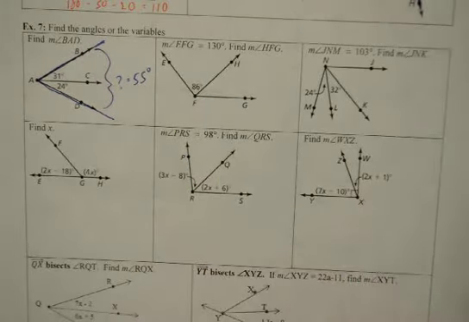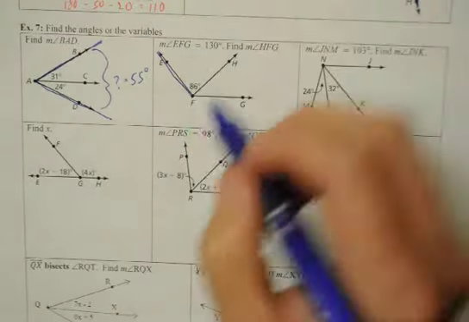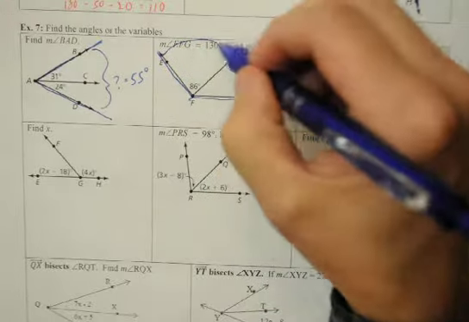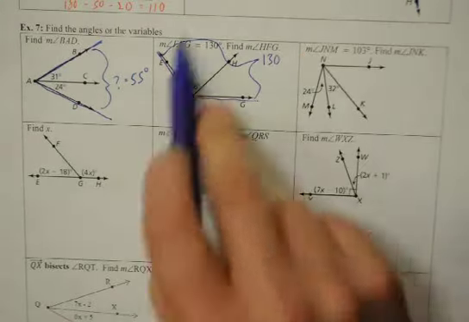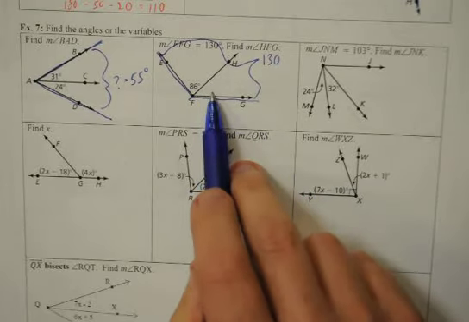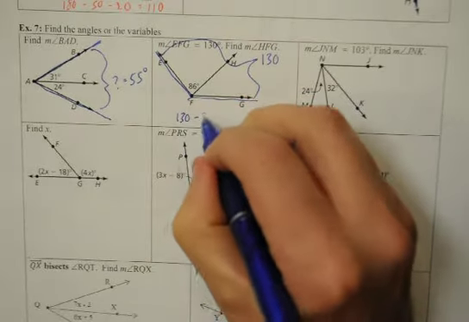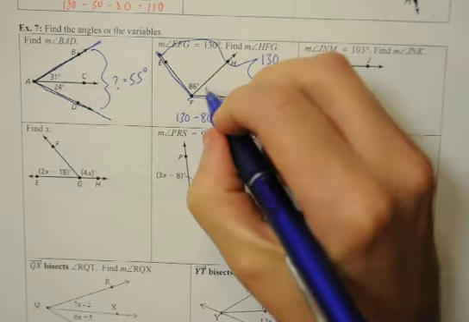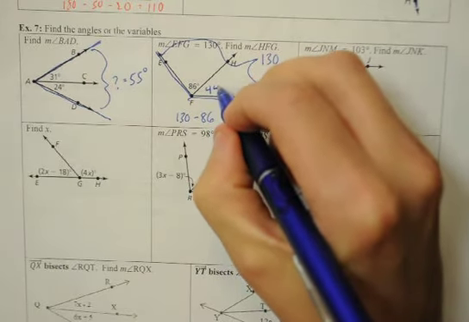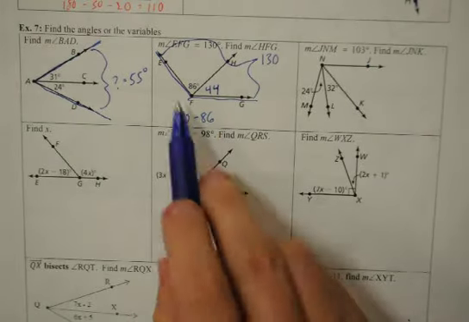Next question. It says if EFG is 130, so if this whole angle here, I like to label it like this, is 130, the entire thing, what does this have to be? So take 130 minus 86, which leaves you with 44. Right? Did I do my adding? Yeah, 44. Because 86 plus 44